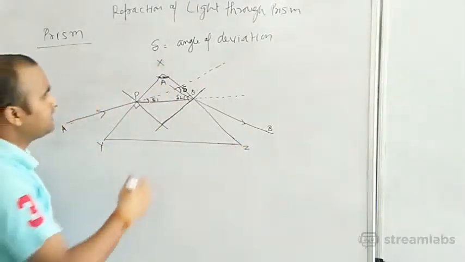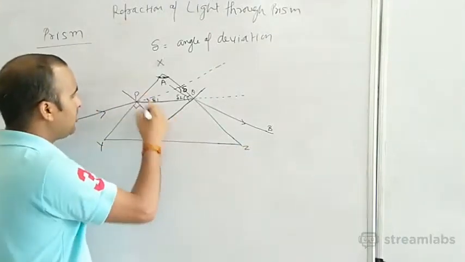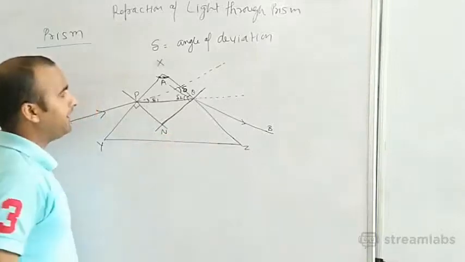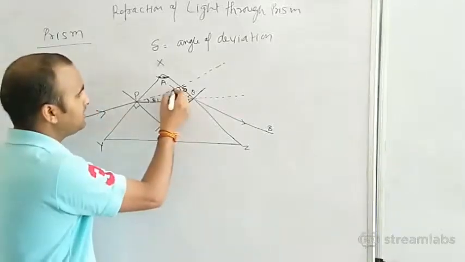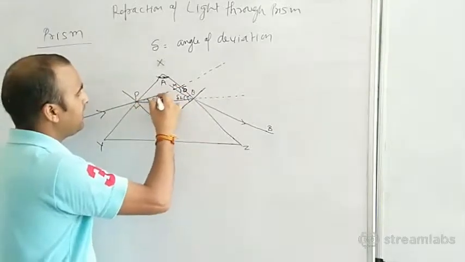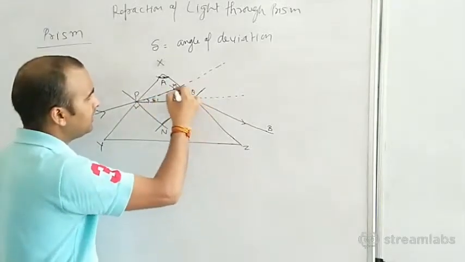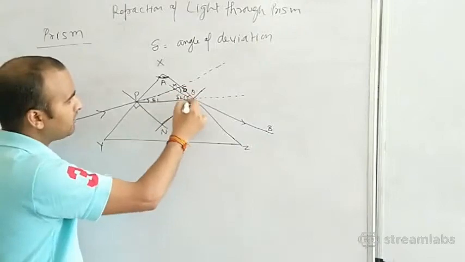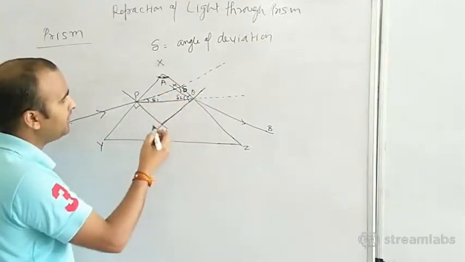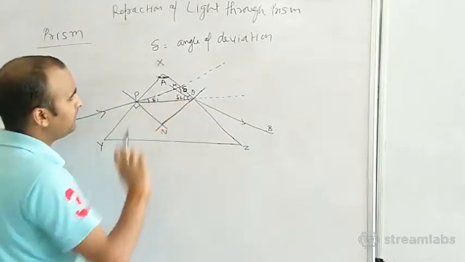Okay, now next, these are the normals, so the normals are intersecting at point N, this is N, and suppose this one is M. I have extended this like this, so what is forming here? A quadrilateral is forming inside it. Okay, a quadrilateral is forming. So M, this is N, and this is delta 1, delta 2.